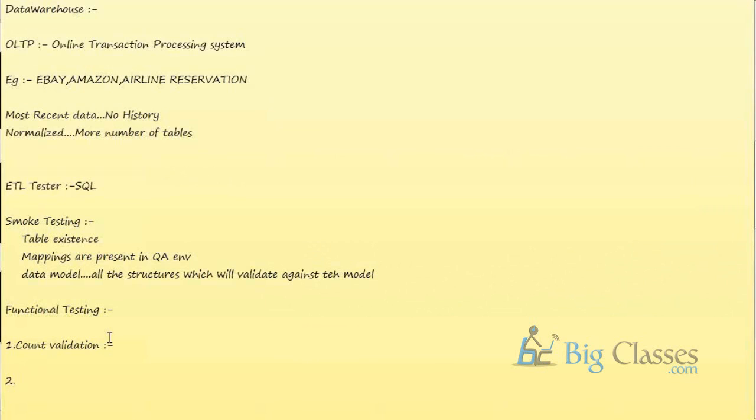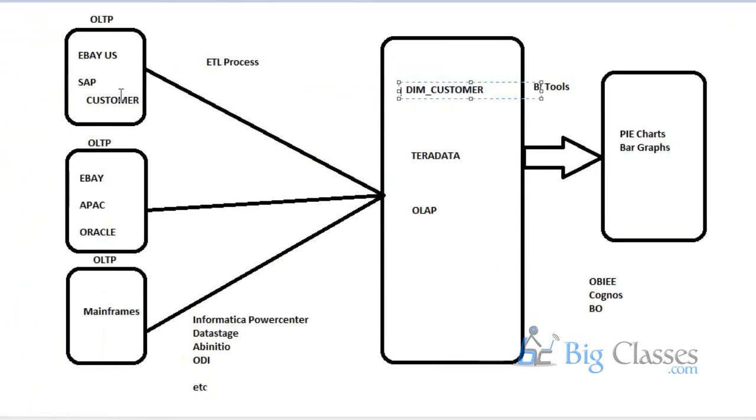And the second one is called duplicate validation. Duplicate means, every day the program will be running. These programs will be scheduled, and every day they will load newly added data from this OLTP system into DIM customer. So when the program is running every day, we also need to make sure